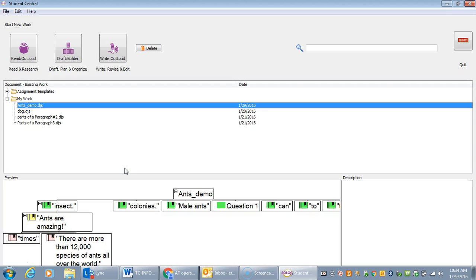Maybe this year you just have a couple kids that really could benefit from Read Out Loud. Maybe you just want to show your kids how creating an outline is beneficial, so maybe you want to pull Draft Builder up on the smartboard. It all depends on how you use it, but